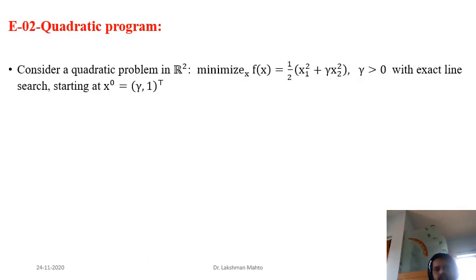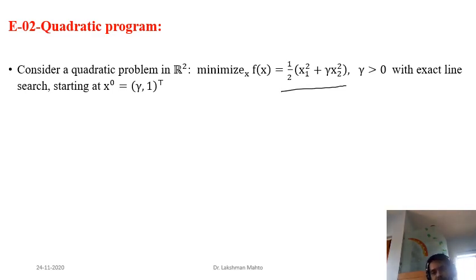Okay, further, I have already taken one slightly more complicated quadratic problem here. The last problem was a very simple kind of quadratic problem. Even gradient descent does not always work fine for every quadratic problem. Even in the case of a quadratic problem where the condition number is very high, gradient descent may not work properly.